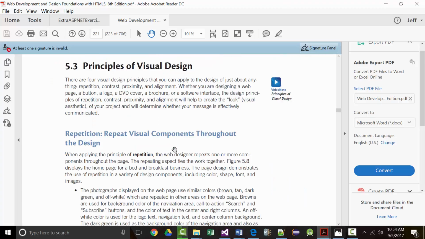All right, principles of visual design. Repetition. Repeat visual components throughout the design. The idea is,